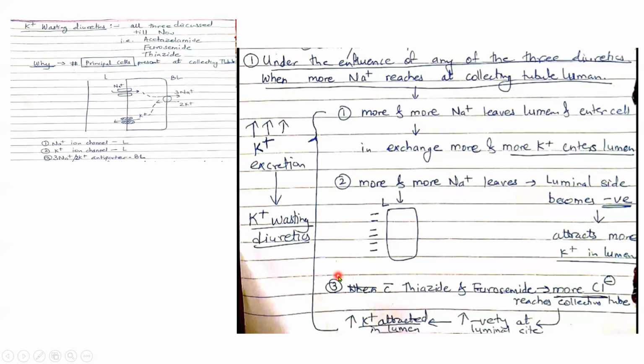And potassium plays a very important role in our body. Okay, you need to read about it, and then you will come to know that diuresis is good, natriuresis is good, but wasting potassium in this process can be injurious to the patient's health. So the hunt for a potassium sparing diuretic was on, and then we have a class of potassium sparing diuretics which we will be discussing in the next lecture.